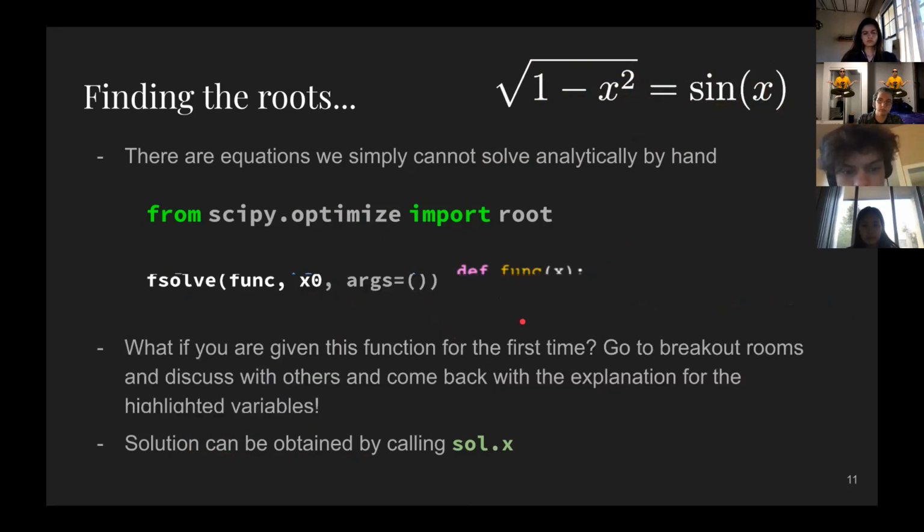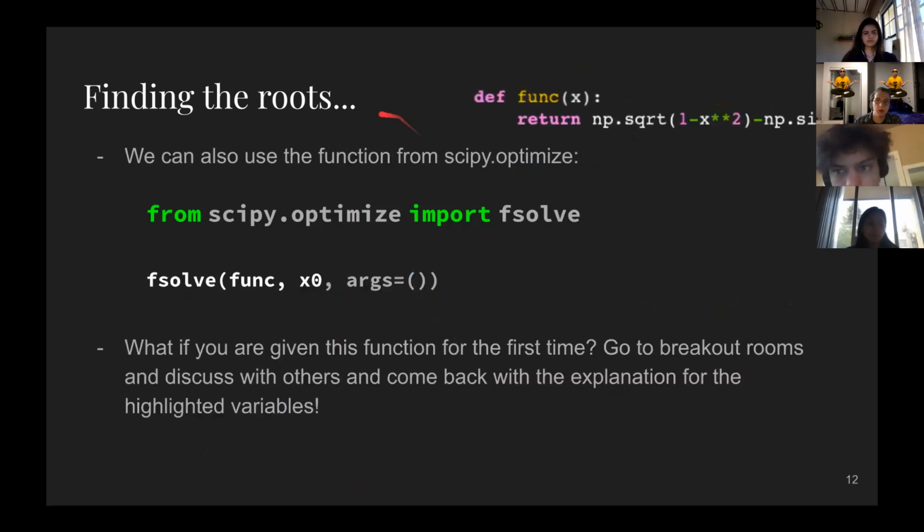Cool. We can also use another function from scipy.optimize that does a very, very similar thing. In fact, I prefer using fsolve, but there are like 7 or 8 different functions that all find roots in different ways. They're all pretty good. Some of them are used for slightly different scenarios than others, and that comes down to Googling and looking up different functions, or taking Physics 77 if you want to know a lot more types.